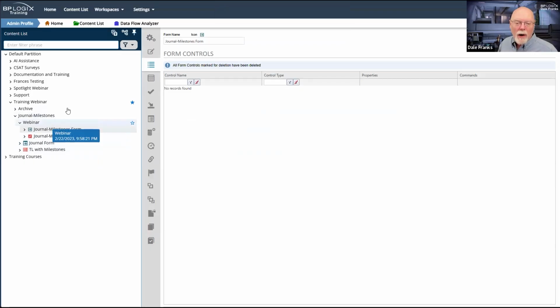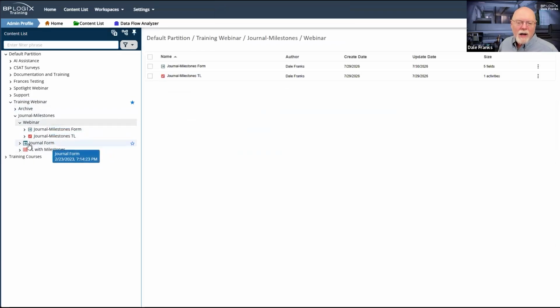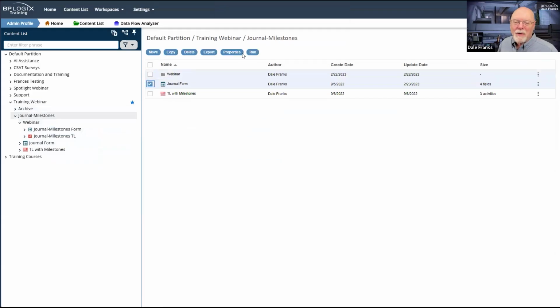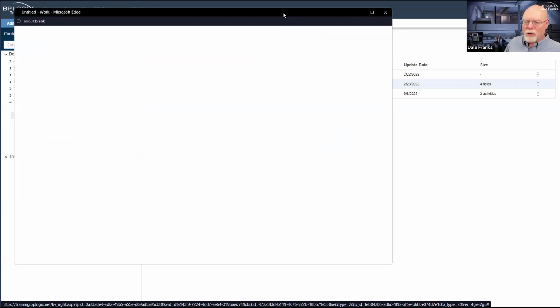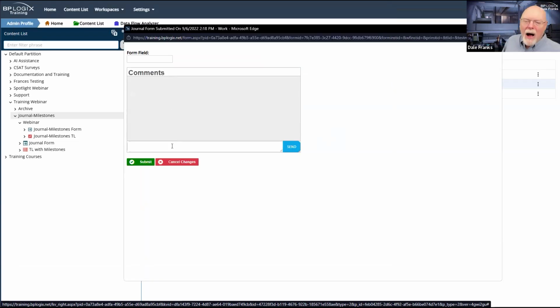Now I've got one here running, and it does all of the things that we expect a modern journal control to do. So when I run a form that has this journal control, I can add my comments just as normal. But now, of course, it's threaded.